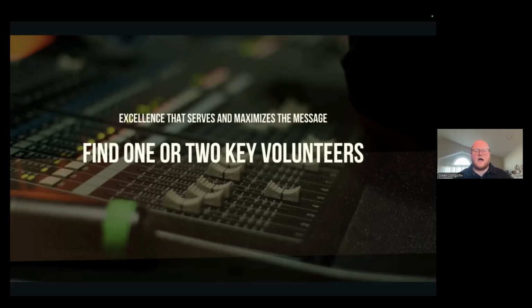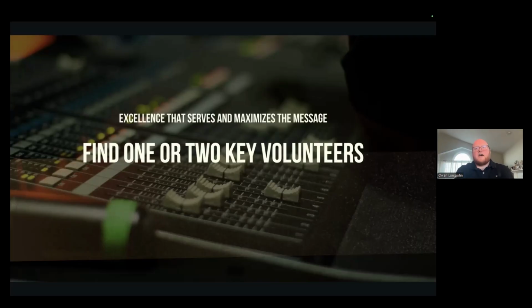The other thing that I would do as you seek out those key volunteers or those key partners is I would talk with this kind of language. You're not there just to support, and again, you're not there just to convey or to help amplify what's happening, but you're actually there to reinforce, to creatively serve the message that's being communicated, to serve the music ministry.